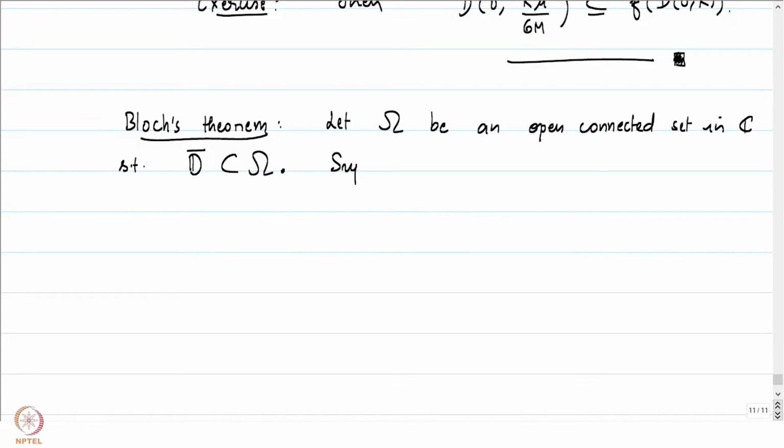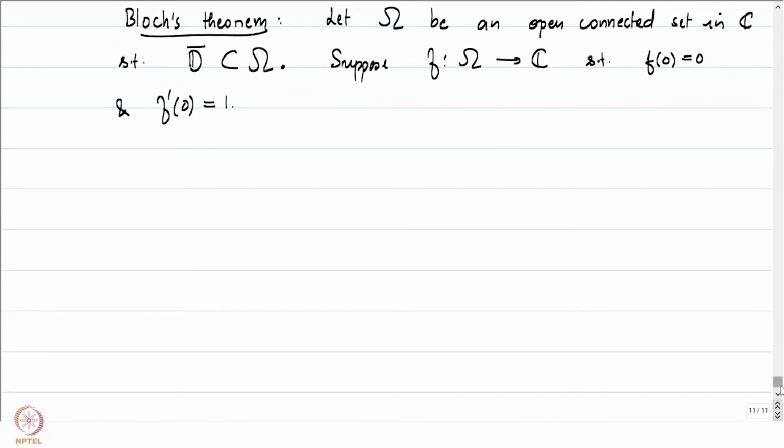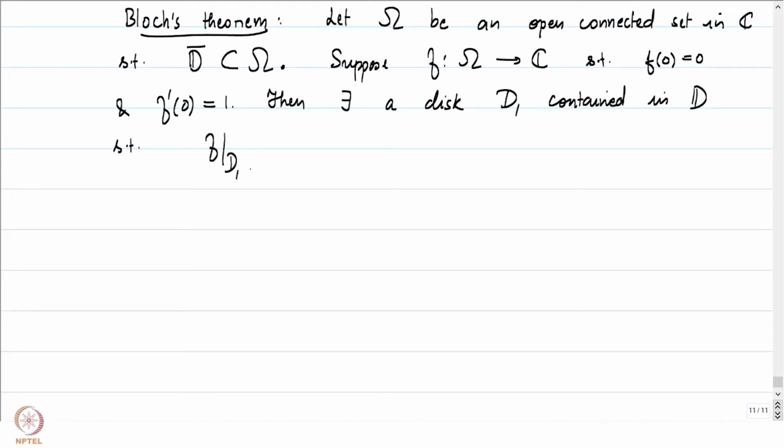And suppose f is some function from omega to C such that f of 0 is equal to 0 and f prime of 0 is equal to 1. Then the conclusion tells us that there exists a disk. Let's call that disk D1, contained in D such that f restricted to D1 is injective,